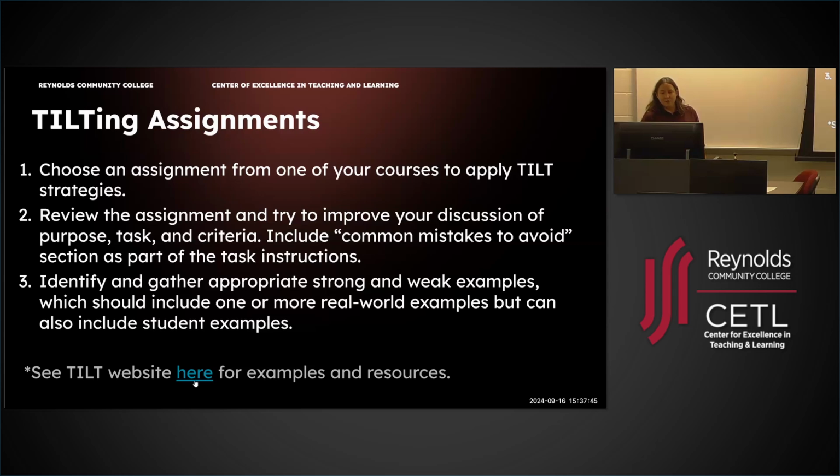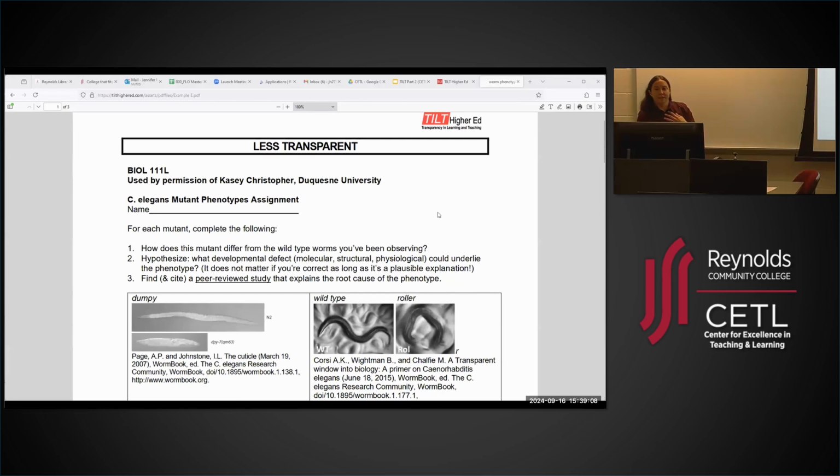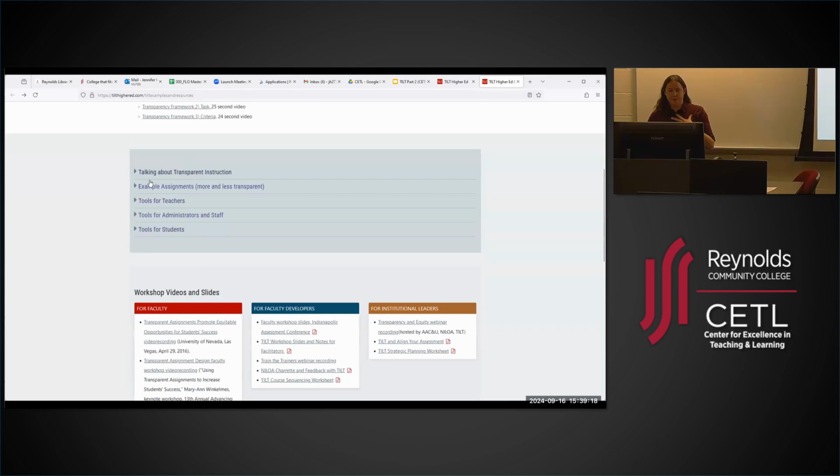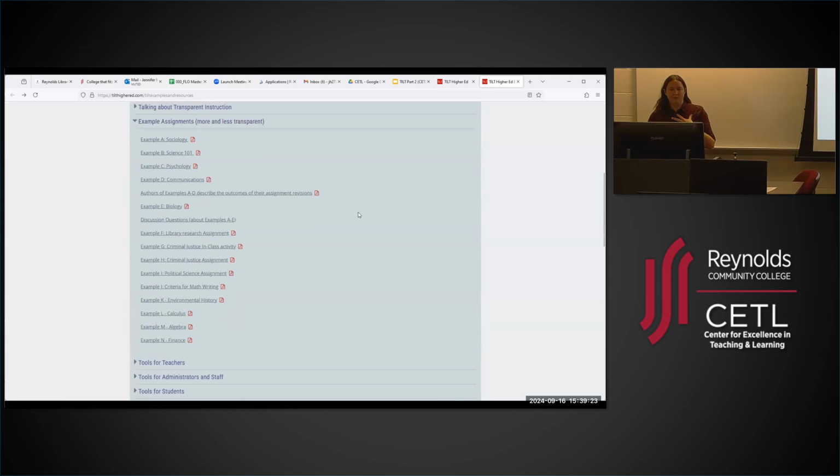Let's see, we can also show some examples here, what this might look like. Okay, so what we did here, let me go back to this page. If you click on that link on that previous slide, it takes you to some different examples, and we're looking here at example assignments. You can find examples from the TILT website of various subject areas. And so we were going to pick one that relates to